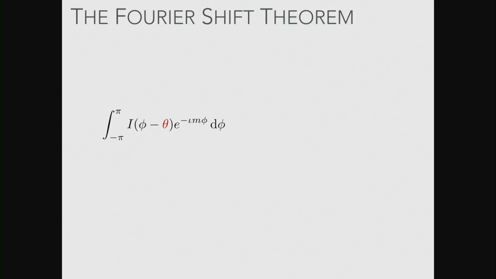And this is a complex exponential, so e to the minus. I use iotas instead of i's or j's, because I did engineering to begin with, and I always write the square root of negative 1 with a j, and that really annoys all of my colleagues who use an i, but I can't use an i, so I use an iota. So I've got minus iota, and then there's an m phi. m is a discrete number, which is basically frequency.